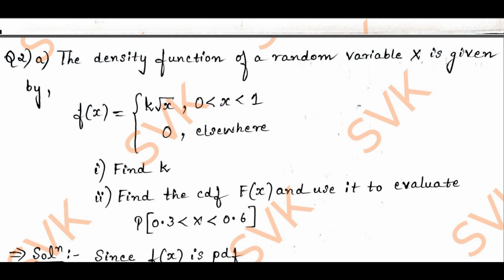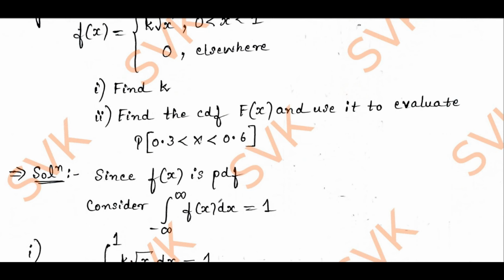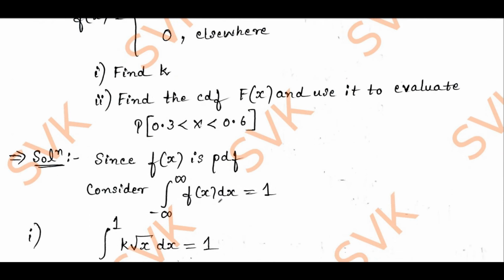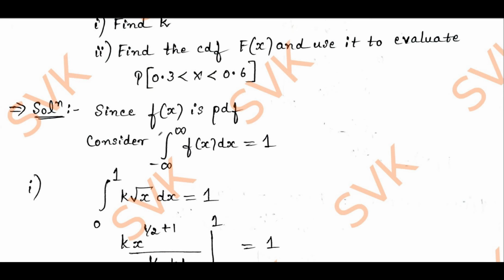The density function, they have defined that it is a PDF already of a random variable x, is given by f of x equal to k times root x, for x ranging 0 to 1, elsewhere it is 0. Find the value of k, find the CDF of f of x, and evaluate P of 0.3 less than x less than 0.6. Since f of x is PDF, consider the integral limit minus infinity to plus infinity f of x dx is equal to 1. Therefore, as I need to find out the k value here,